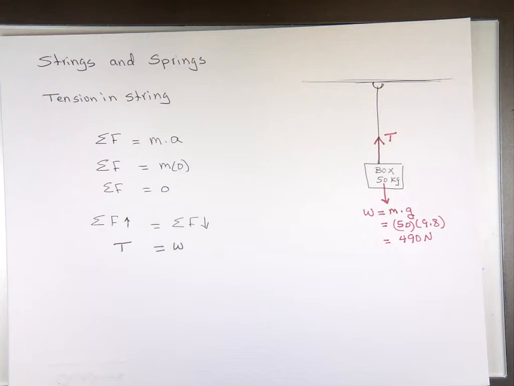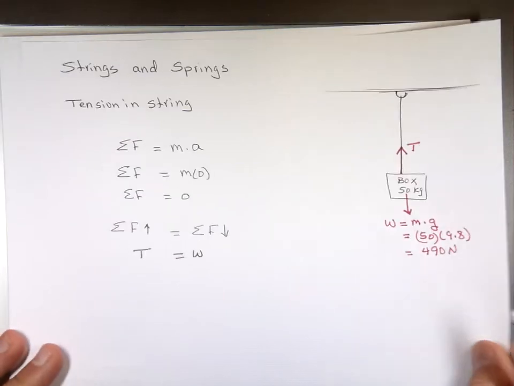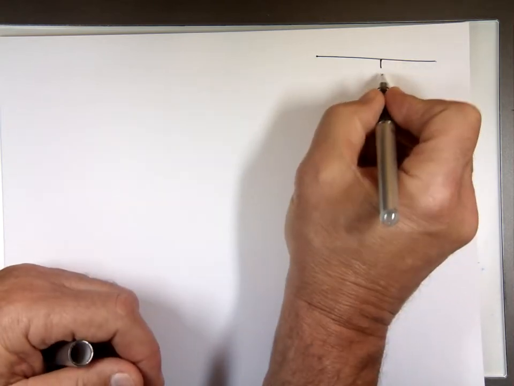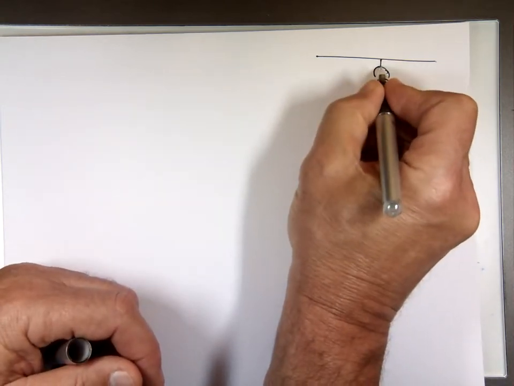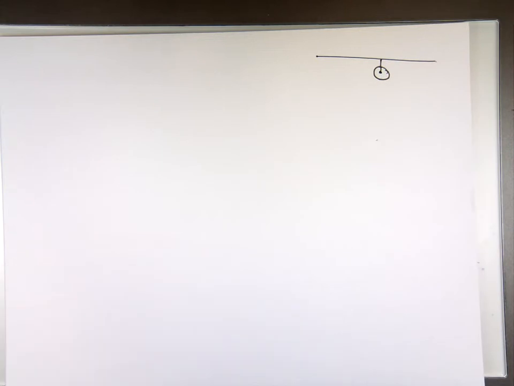Is the tension always equal to the weight? The answer is no. Let me give you another example. Let's say you want to lift a box up. It's a heavy box. Again, there's the ceiling. But now instead of having a hook, let's put a pulley there. So we have a box that has